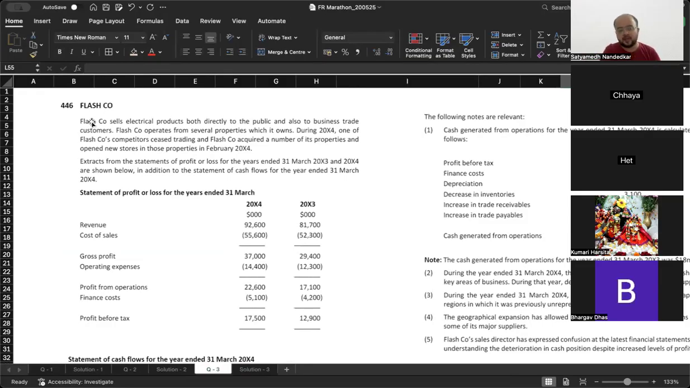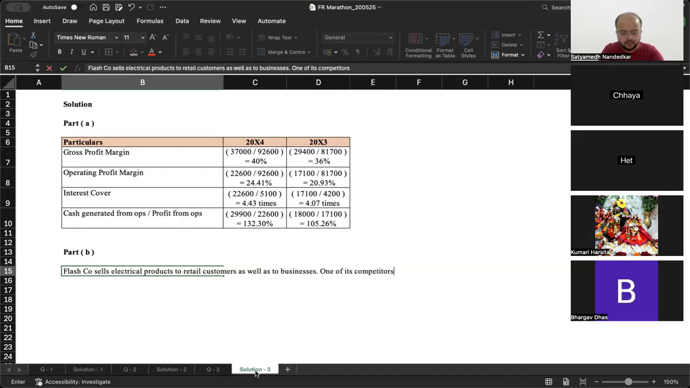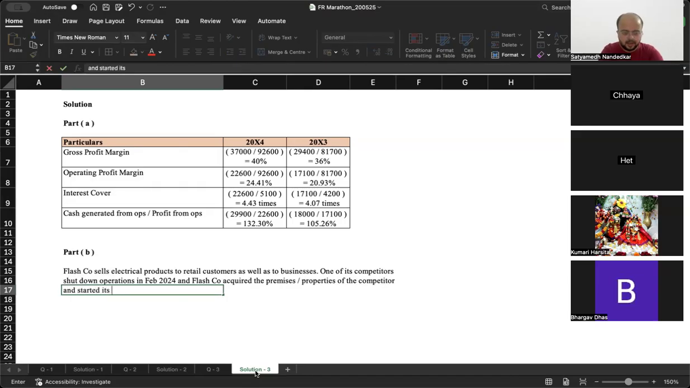Flash company sells electrical products both directly to the public and also to business trade customers. Flash company sells electrical products to retail customers as well as to businesses. One of its competitors shut down operations, and Flash company, shut down its operations in February 2024 and Flash company ने क्या किया? Flash company acquired the premises/properties of the competitor and started its own stores